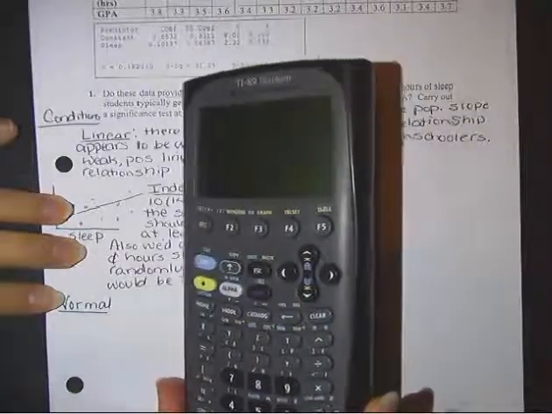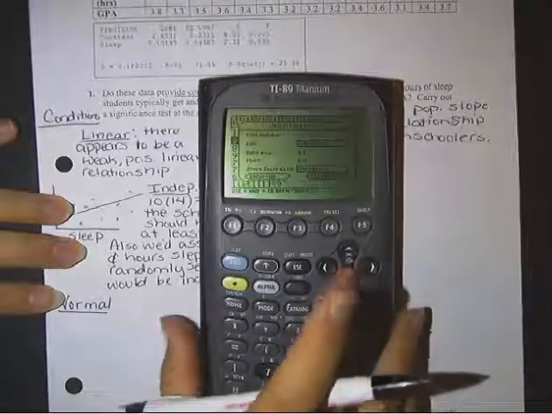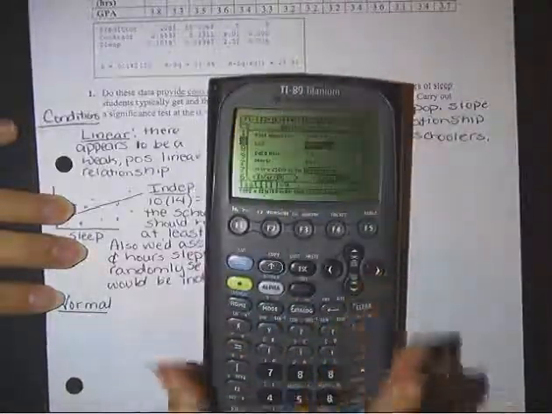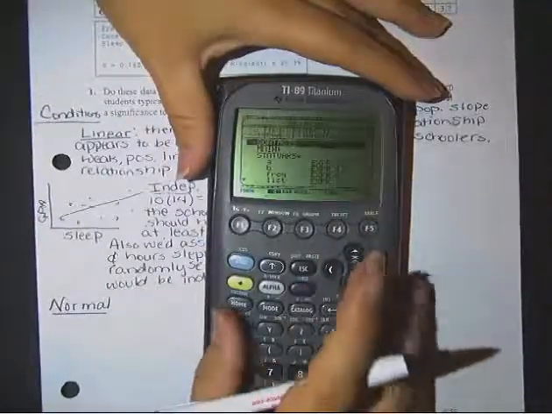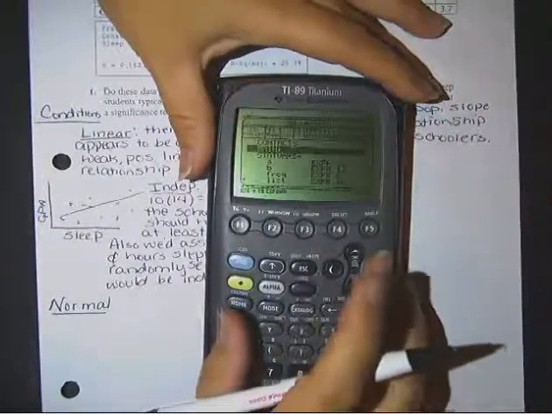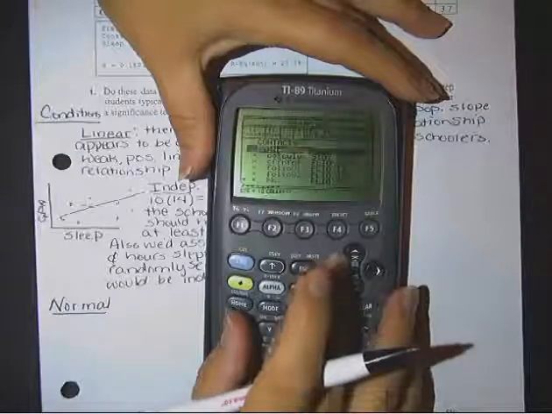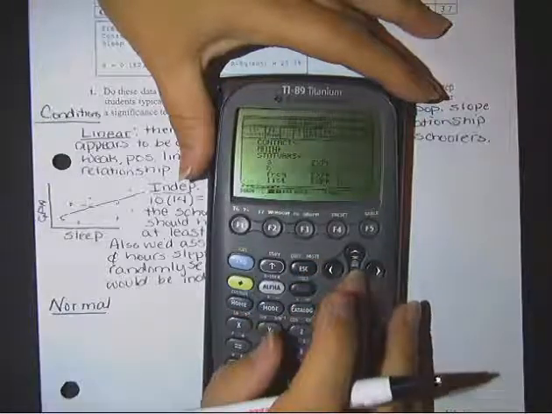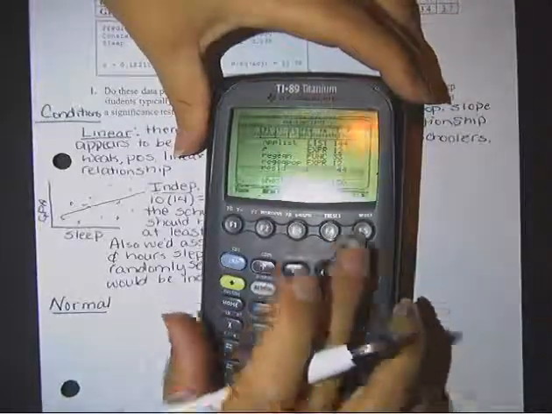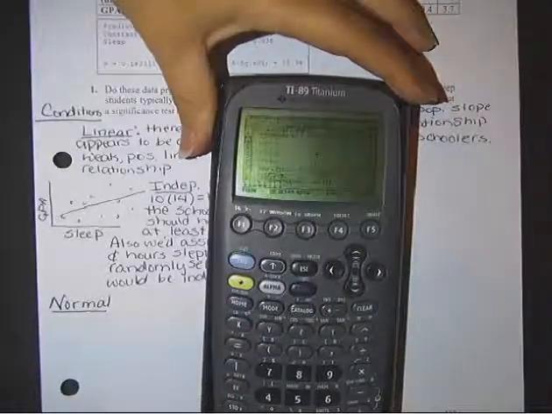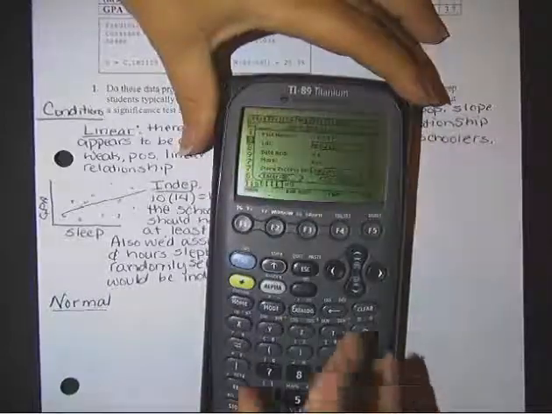And here under list, make sure you go to stat bars. So I've closed main. Remember, you can go right or left to open and close a menu. I go down to stat bars and I choose residuals to put in that list. Okay, and then if we go to the graph,